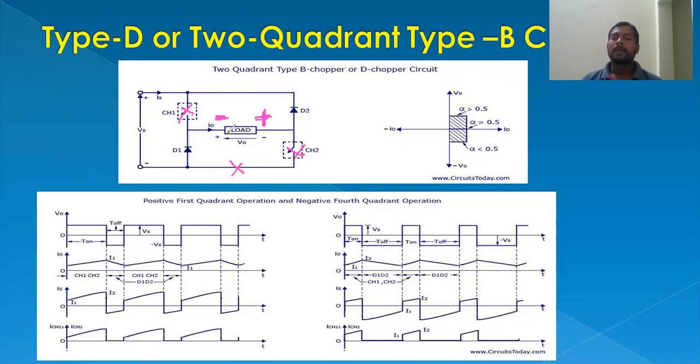But this is negative, this is positive. Positive with respect to this is the anode. Anode is nothing but positive. This is negative with respect to the cathode. Cathode is nothing but negative. So D1 is forward biased. D1 and D2 both will be forward biased. If both are forward biased, what will happen? The path of the current flow will be in this direction.